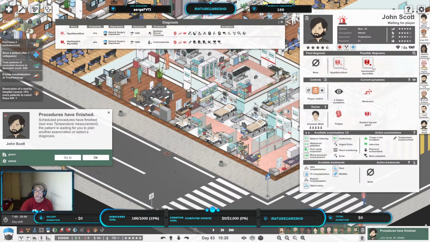John Scott, okay, this is what we were. Temperature, physical and neck palpation, absolutely nothing. Now, we're gonna need an ECG and an echo. I cannot do echo from here. I can do an ECG and a blood pressure. Blood pressure, we didn't do. Okay, so let's do a...